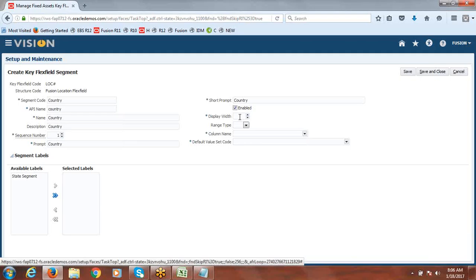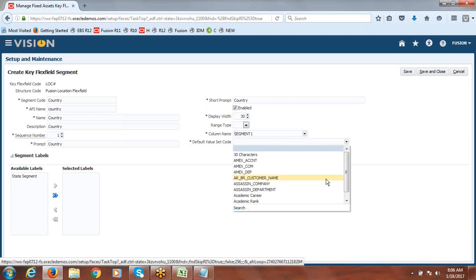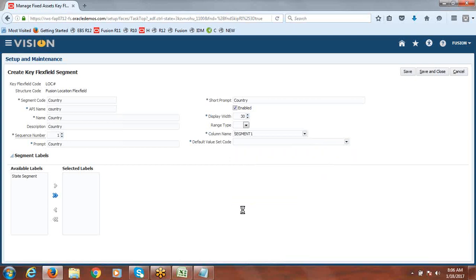Display width, I'll take 30. And here select what are the values that we created.